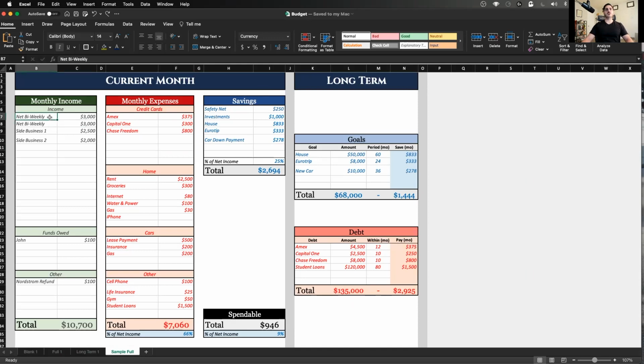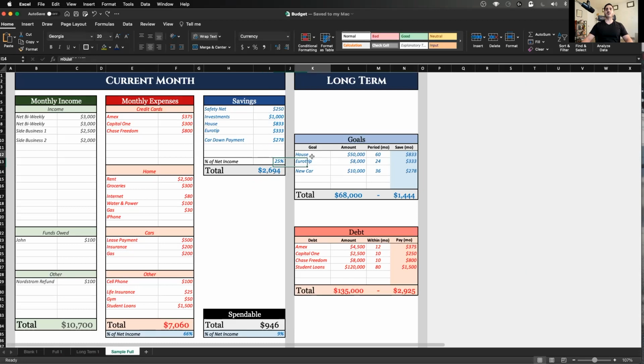Going back here, we'll assume we're earning W-2 and our average every 2 weeks is $3,000, right? So all this is filled out. We got the total of 10,700 and all of the expenses are filled out, and we have a total of 7,000 in expenses and a total of about 2,700 in savings, right?